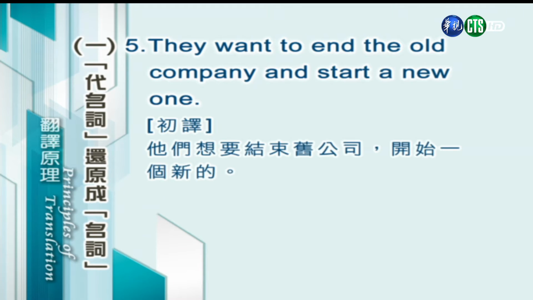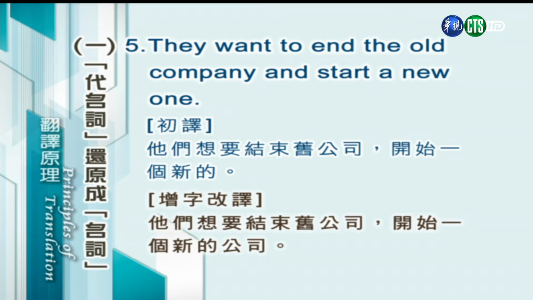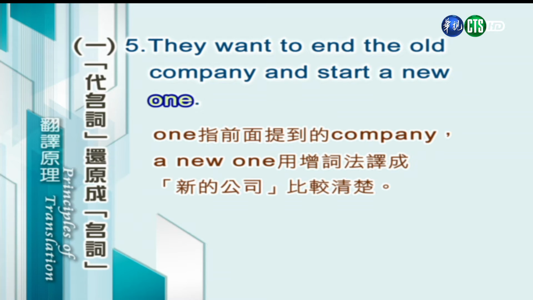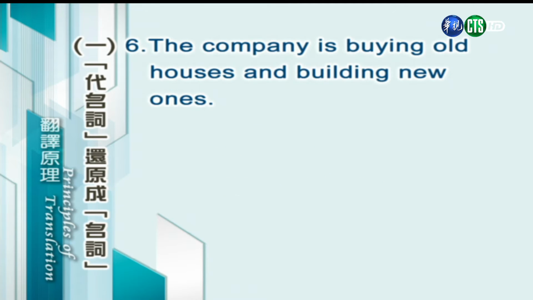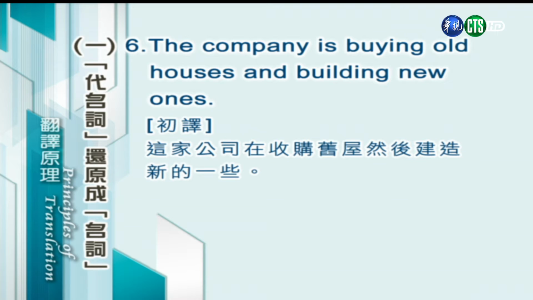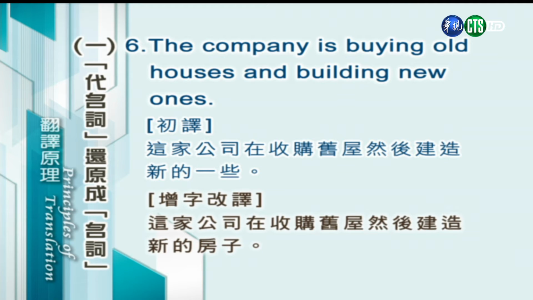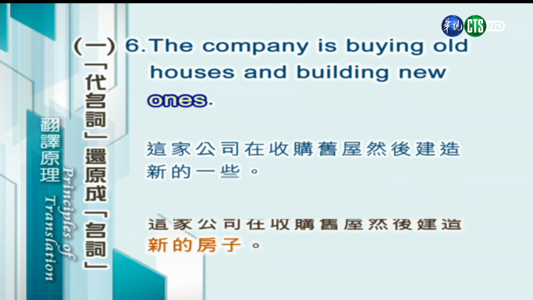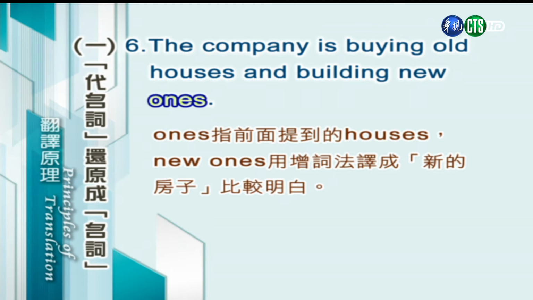They want to end the old company and start a new one. 字面翻一下，他们想要结束旧公司，开始一个新的，不太清楚。我们是不是加几个字？他们想要结束旧公司，开始一个新的公司。其实这个 one 是指前面提到的 company，a new one，用增词法译成新的公司会比较清楚一些。The company is buying old houses and building new ones. 照字面翻一下，这家公司在收购旧屋，然后建造新的一些，不是很顺。我们增字改译，这家公司在收购旧屋，然后建造新的房子。Ones 是指前面提到的 houses，new ones 我们用增词法译成新的房子，比较明白。